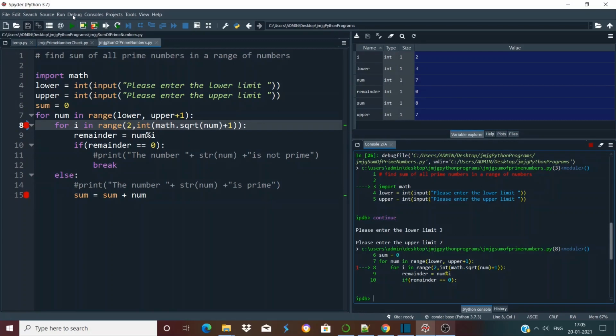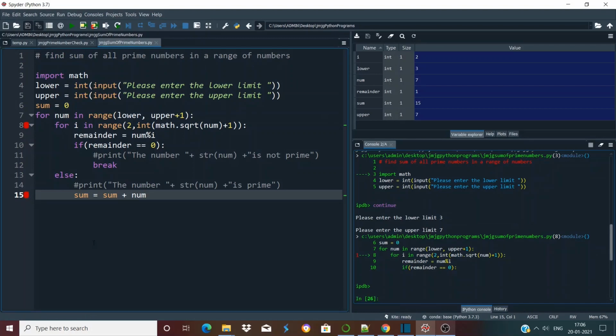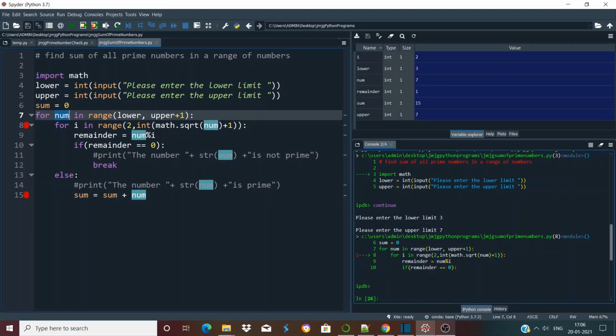If we again press continue, it comes here, and again if you press continue, you will see the value of sum getting changed to 15, and we have exhausted all the iterations because the last value of the iterative variable num was 7, because the upper limit that we entered was 7. So currently the value of sum is 15.